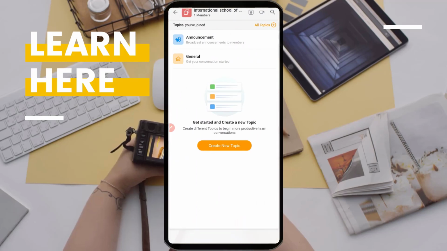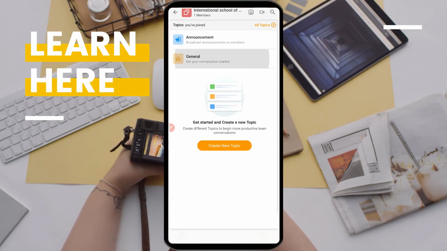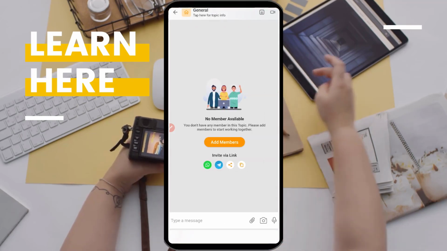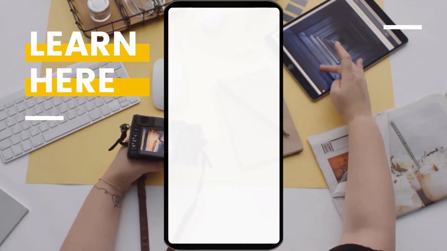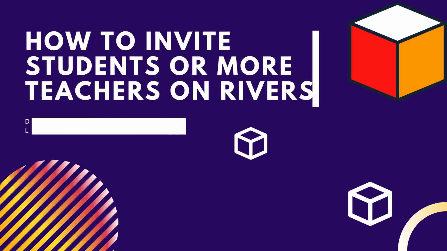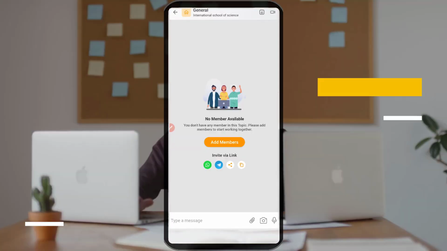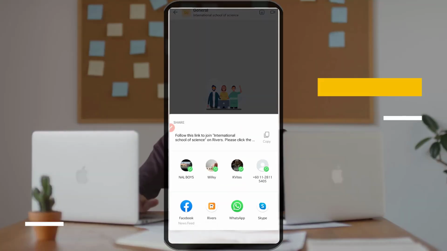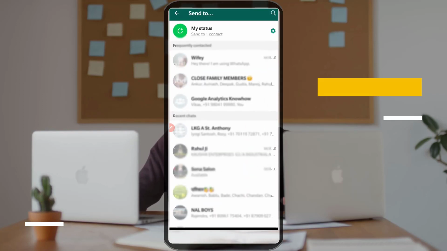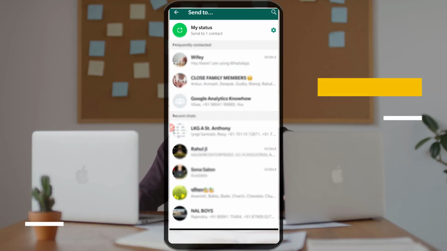Now you can create a new topic or open the general topic. From the general topic screen, you can invite members to your cube by using the direct link to invite them using any messaging app, or you can copy the invite link and send it through email to invite someone.